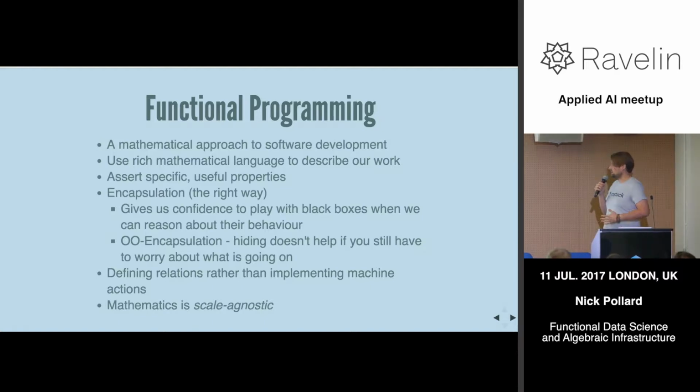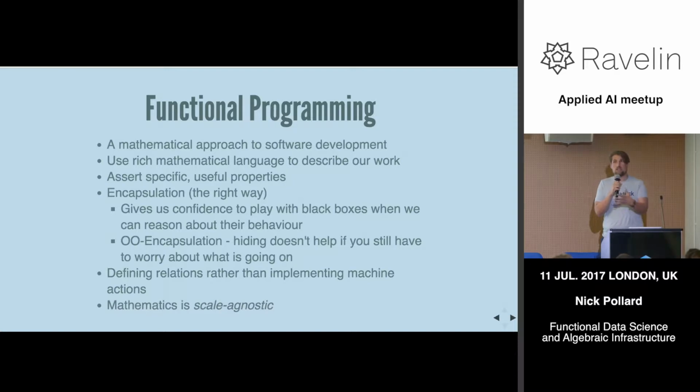Now, anyone who's a software developer has come across the idea of encapsulation. But what's really good in functional programming is that having these properties that we know about the code we've written allows us to reason about them. In a sort of traditional object-oriented type encapsulation, it's often all about hiding this internal state. Don't expose this to your users. Don't share it. But if you still don't know about it, if you're still worried that that's going to affect you, if there's some mutable state in there, some things going on you don't know, you don't really have any guarantees of what that code's going to do. And it's kind of this black box that you're trying to use without really understanding it.